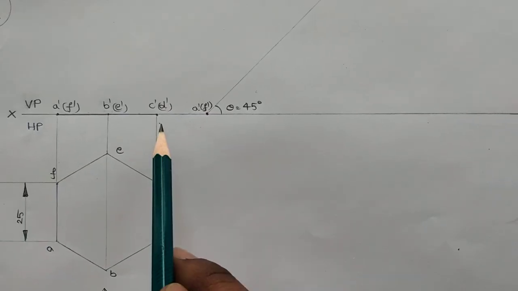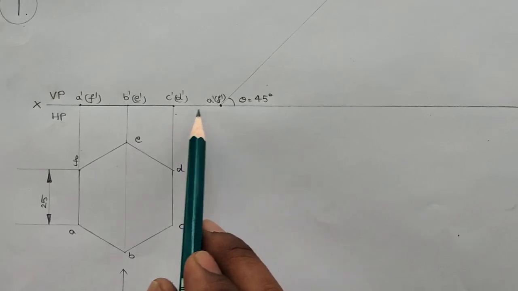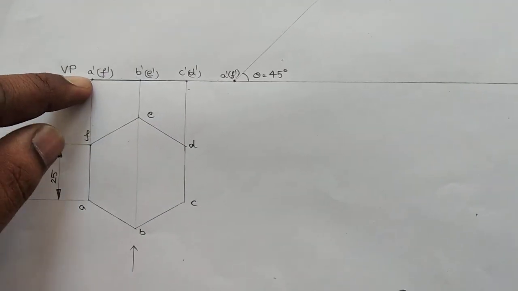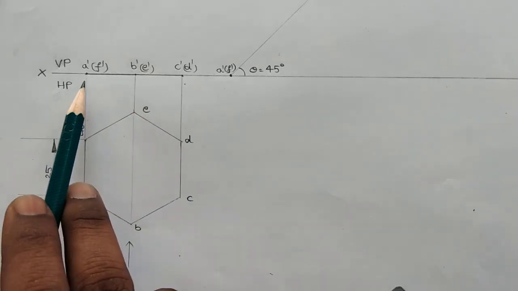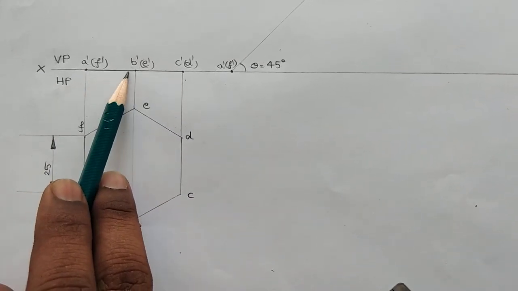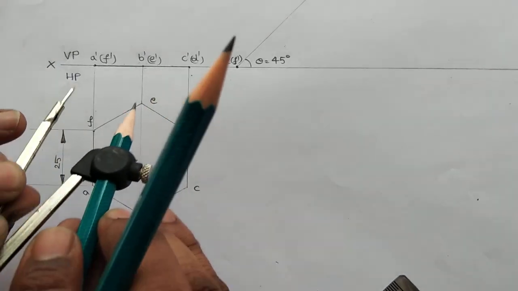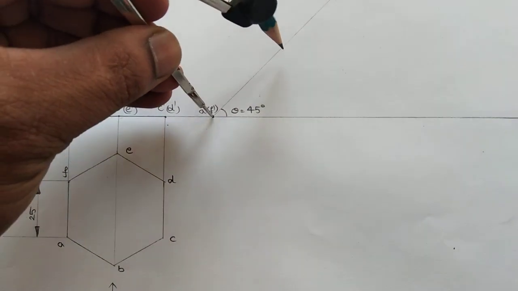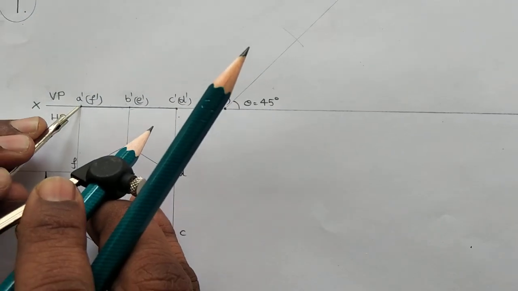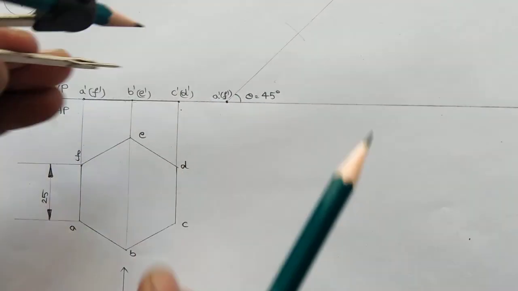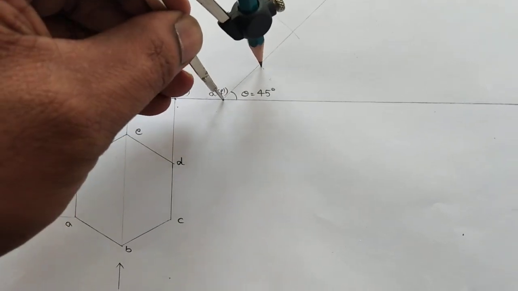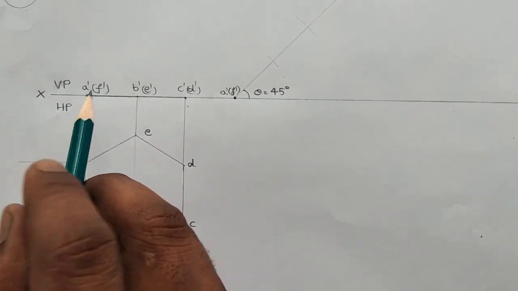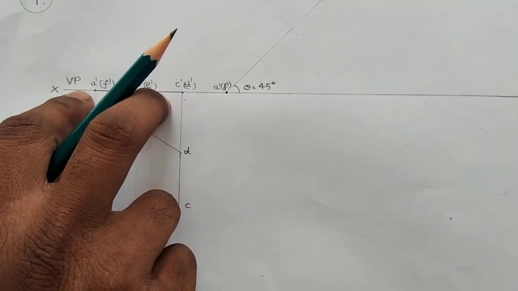So for the purpose of second stage projections, just leave a minimum 15 mm gap between the two stages. So if we reproduce this one, this particular point must be located on the reference line. Then with respect to this particular point, we can mark the remaining 2 points. For that purpose, here I am taking A to C dash dimension as radius, this point as center, and drawing an arc on this line. Similarly, we can take A to B dash dimension as radius and A as center, and construct an arc on the 45 degrees inclined line. Then we can give the same naming because we are reproducing the same line here.